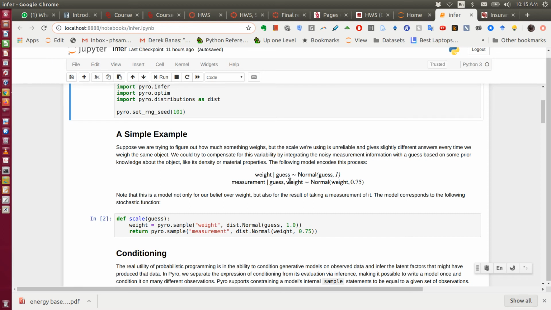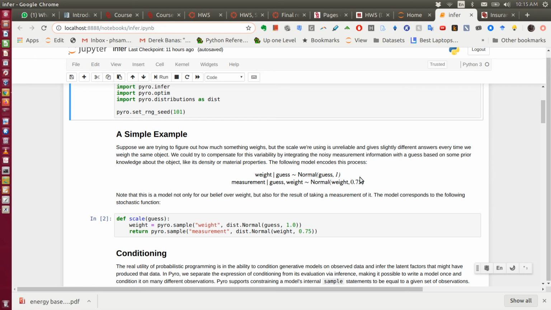But then we make a measurement, and we have a Markov property here. Given the actual weight, we don't care about the prior guess. So it's a Gaussian again, with the mean equal to weight,